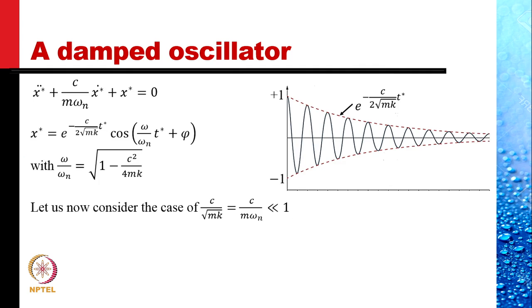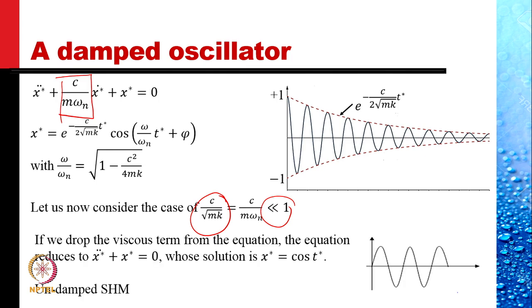Now let us consider c by under root mk much less than 1. That is, this is much less than 1. If this is much less than 1, then we can drop this term from the equation. And the equation reduces to x star double dot plus x star is equal to 0, the equation for simple harmonic motion,